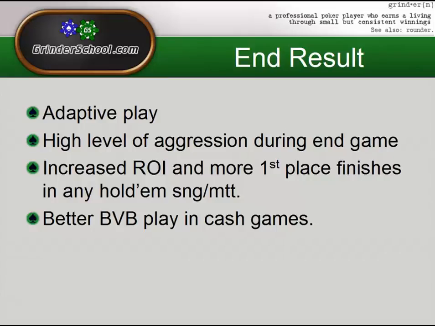We're also going to concentrate on a high level of aggression during endgame that takes advantage basically of math and also of player tendencies too, because that's always a concern at all levels in these games. The big end result too is that for those of you that are sit and go players or MTT players, this will result in more first place finishes, which will increase your ROI. And you know, in general,